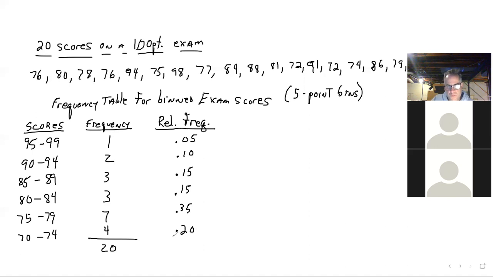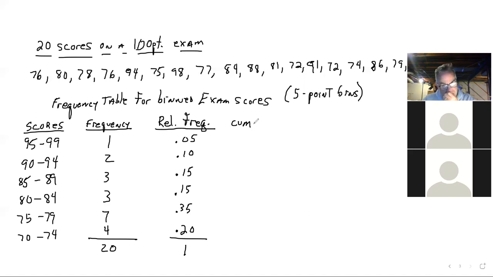So say 0.20. Now, if I had them as percentages, that would have been 5%, 10%, 15%, 15%, 35%, 20%. They would all add up to be 100%. If you leave them in their decimal form, they wouldn't add up to be 100%. They would add up to be 1. Again, note, if I move the decimal place twice, I'd have 100%. All right. Then my